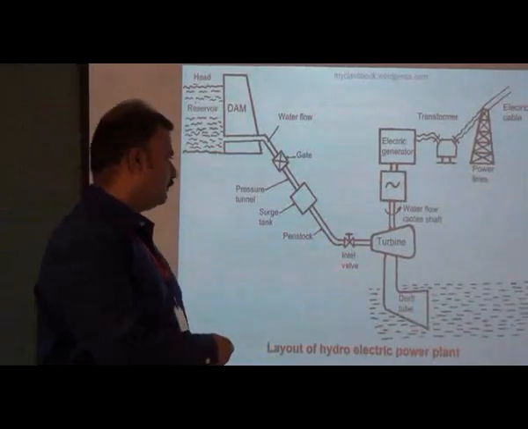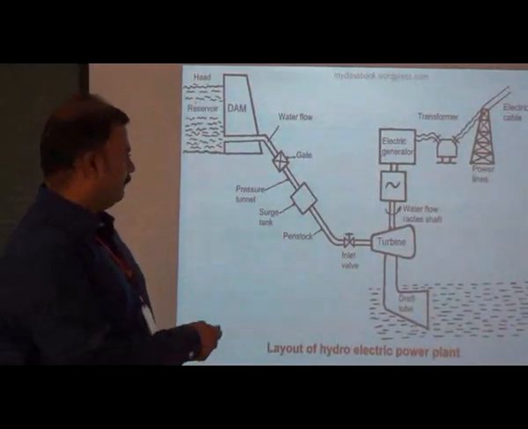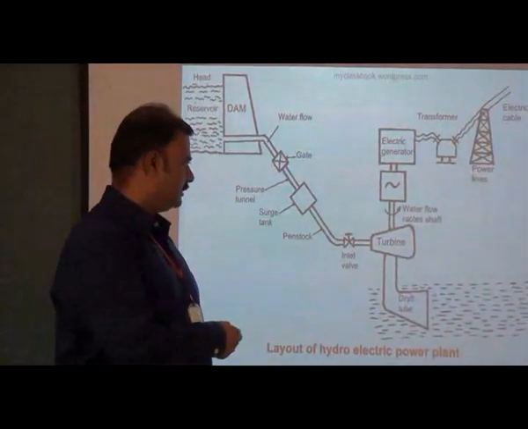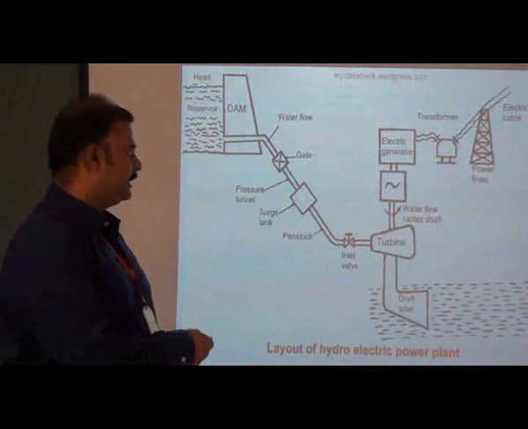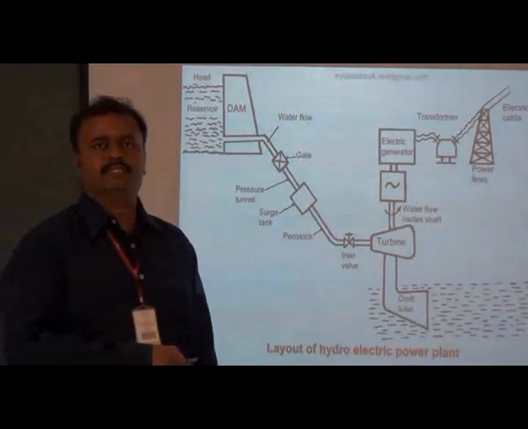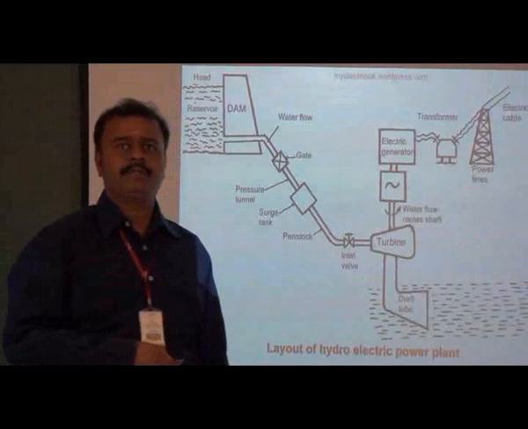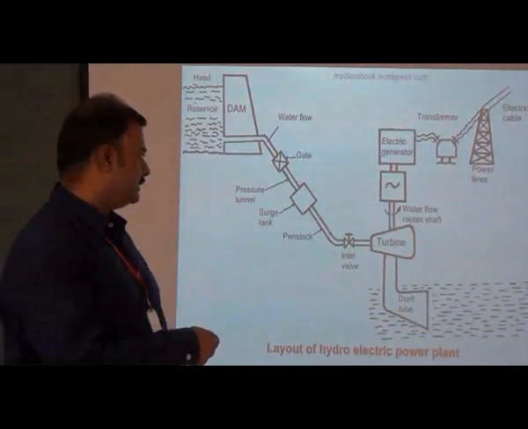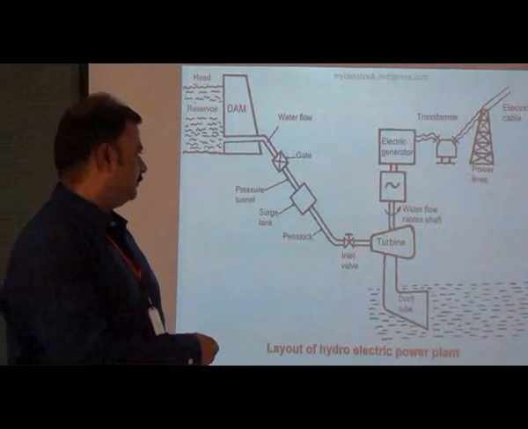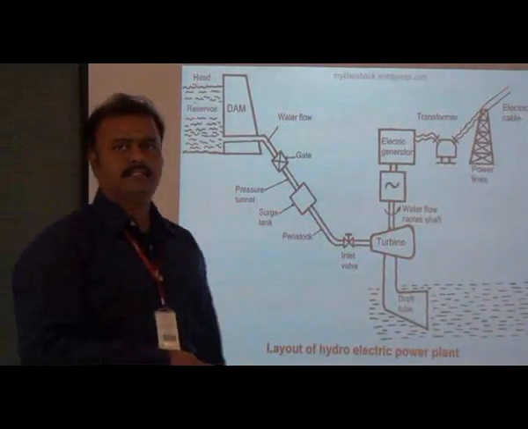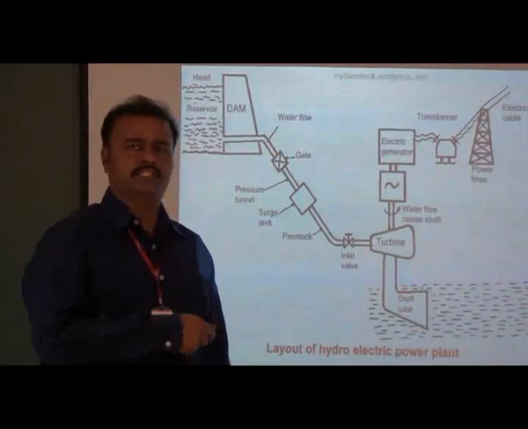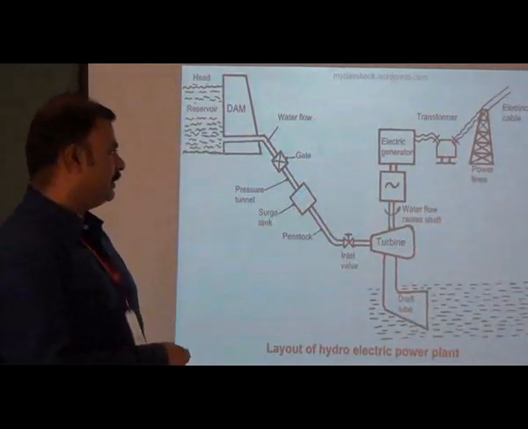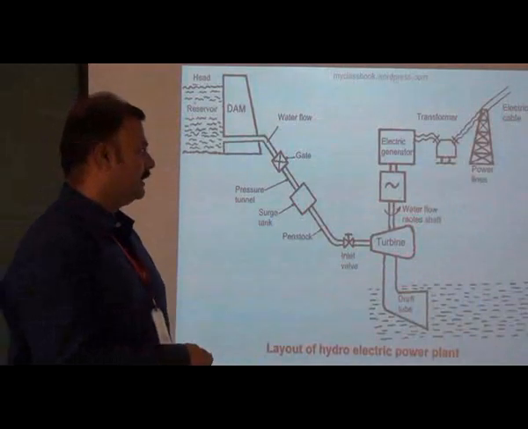Here this is the inlet valve. With this inlet valve, we can control the amount of water going into the turbine. As I already told, there are two types of turbine: one is the impulse turbine and the other is the reaction turbine. In the impulse turbine, the inlet energy is only potential energy. But in the reaction turbine, the inlet energy is potential energy as well as kinetic energy. Mostly in hydroelectric power plants, all the turbines used are reaction turbines.